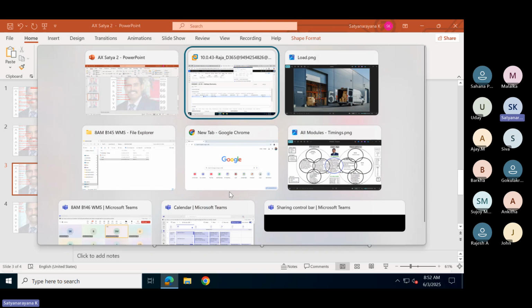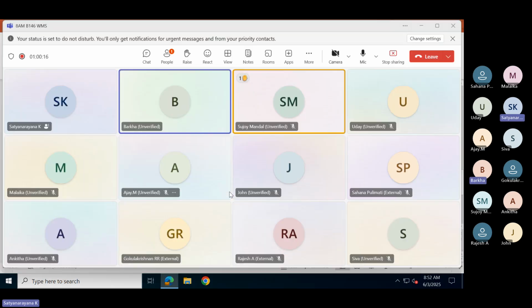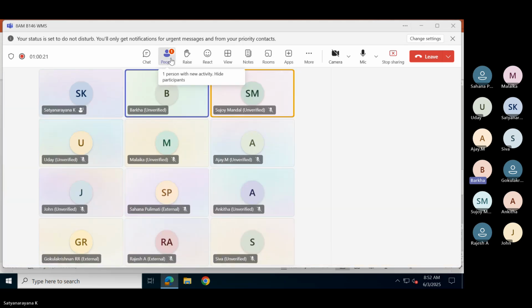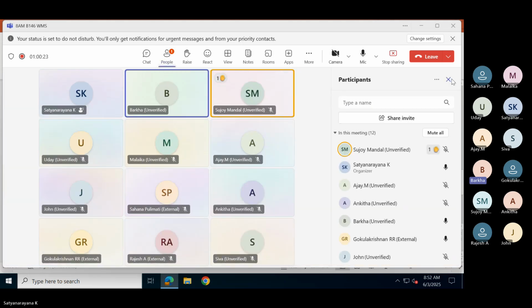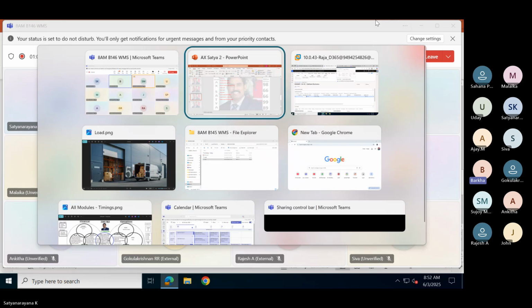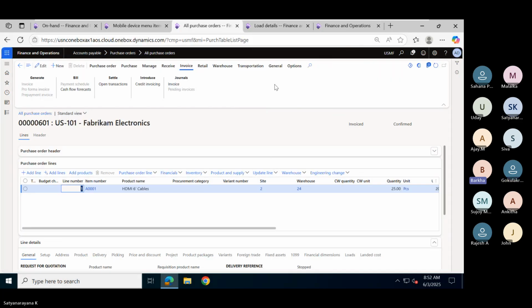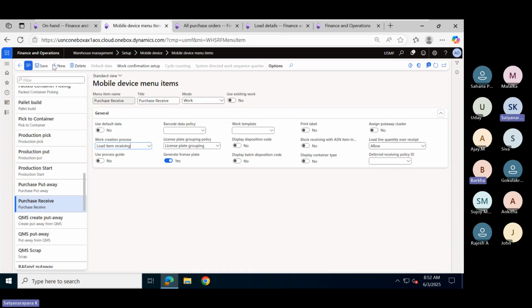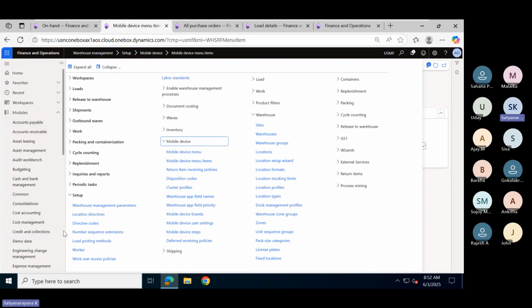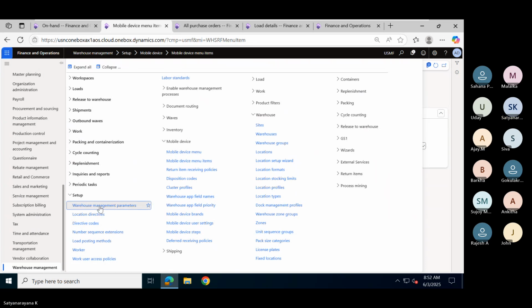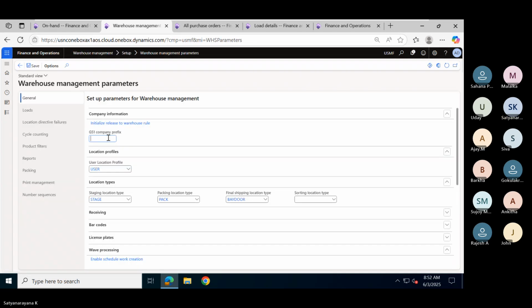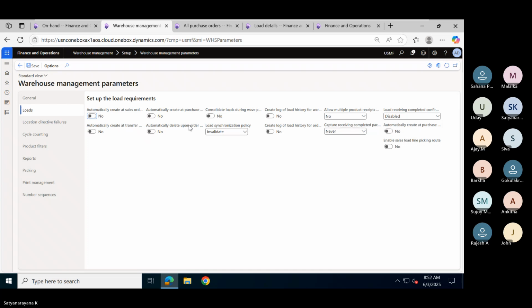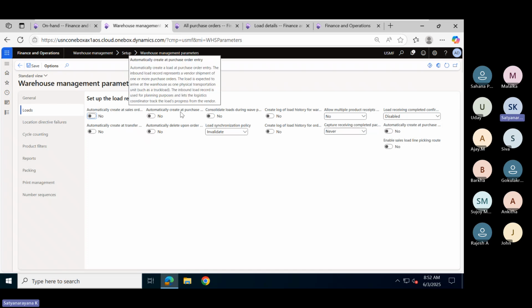Okay. Any more questions, team? Anyone? Yes? I have a couple of questions. One, for the creation of a load, can we automate the load as well? Like, I'm receiving 20 drums, and a load can be created per 2 drums at a time because my forklift can only carry this many kg. So now here in warehouse management parameters, loads